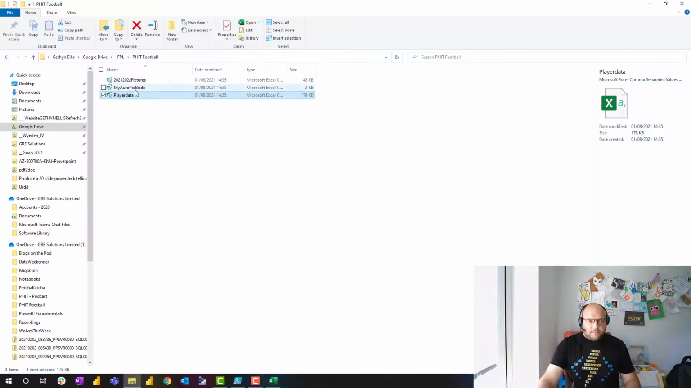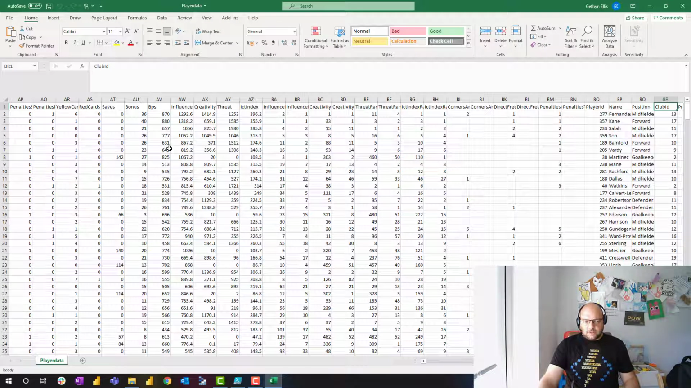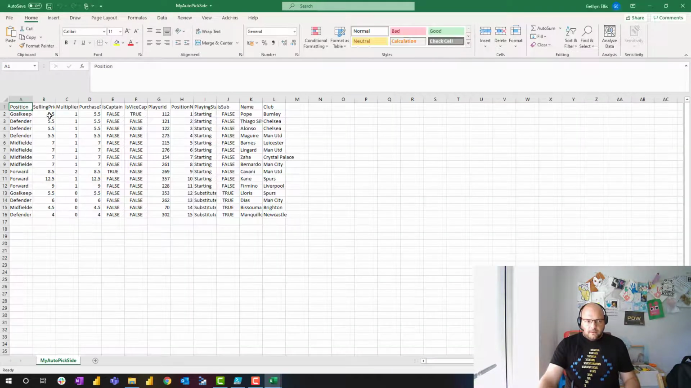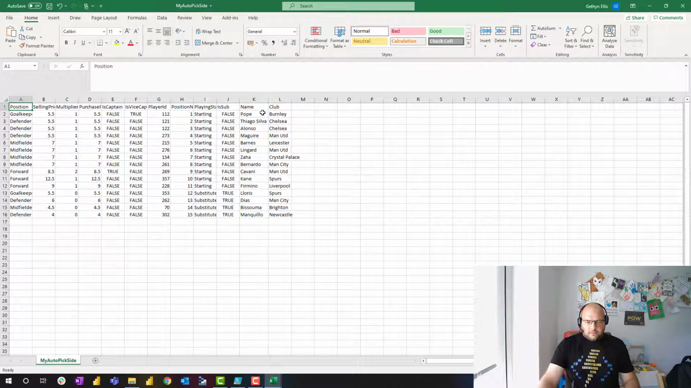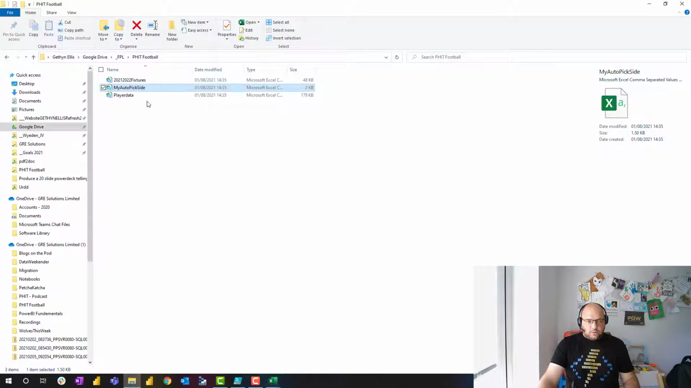That's the player data. This is my site, so this is my auto pick side, so you can see what's in here. So when that loads up, there'll be another CSV load in front of it. So we can see my team here, and the club they play for, and whether they're starting or subs, or whether they're my captain or not. And you can see the team that I've put together and their various different positions. And then the last one will be the fixtures for the season. So if I click on the fixtures there,